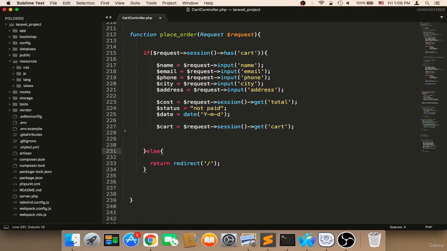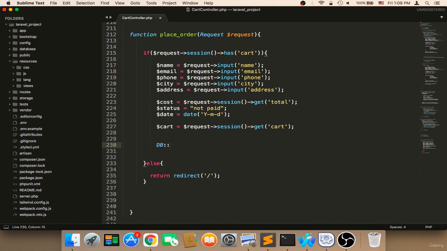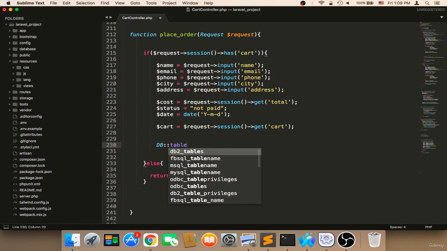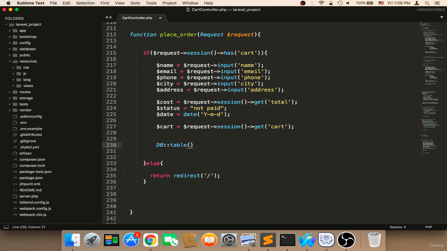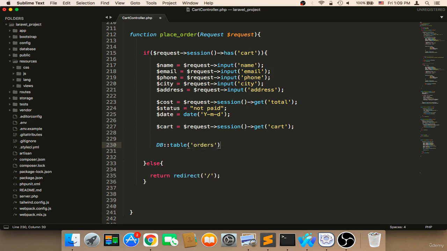Having gathered the information that we need in order to place and create an order, now it's time to insert that into the database. So what we need to do is use the database table, in order to insert that into the orders table. I'm going to say database table, and then I'm going to be using the orders table. And in order to insert something in the table, we need to call a function called insert